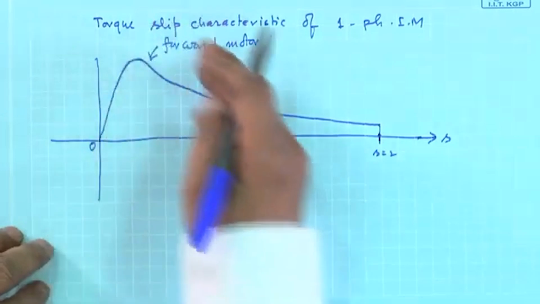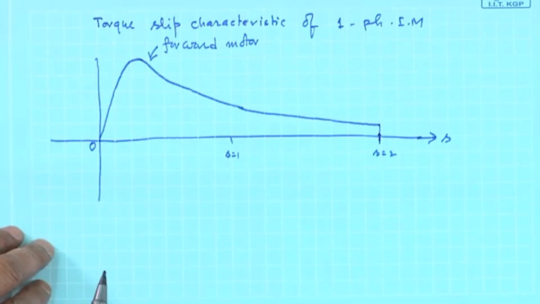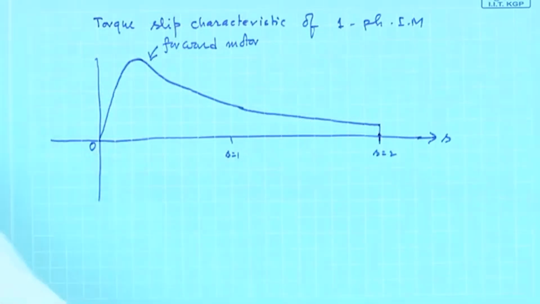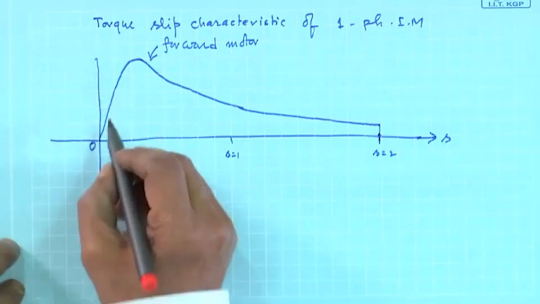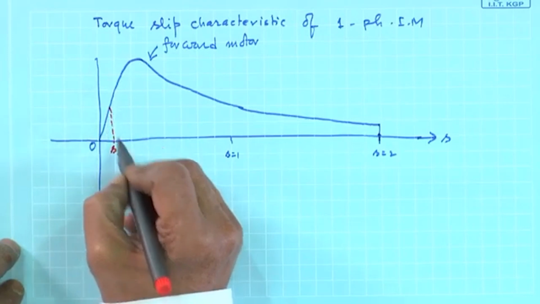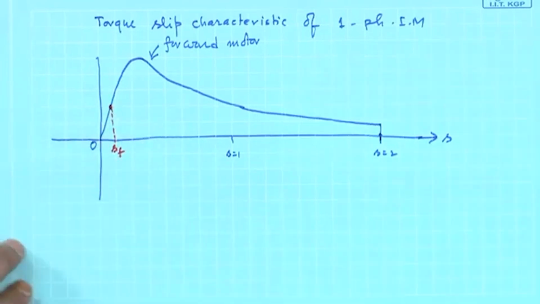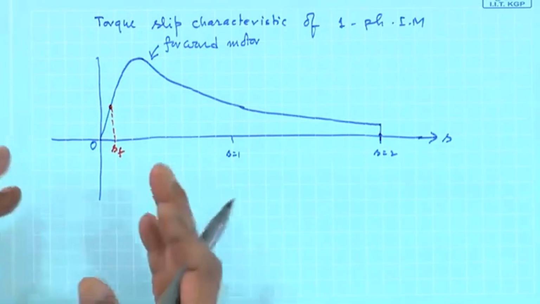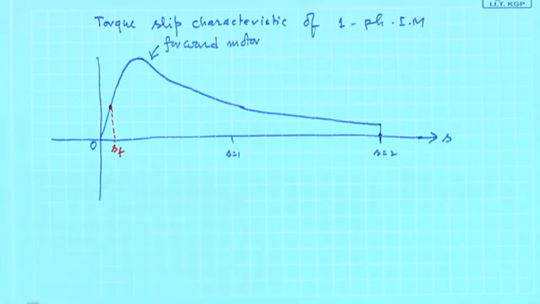Forward motor torque slip characteristics is this. Suppose the machine is operating at this forward slip SF, how much torque has it developed? This much. But the story does not end there. You cannot say that this is the net torque, because in my mind